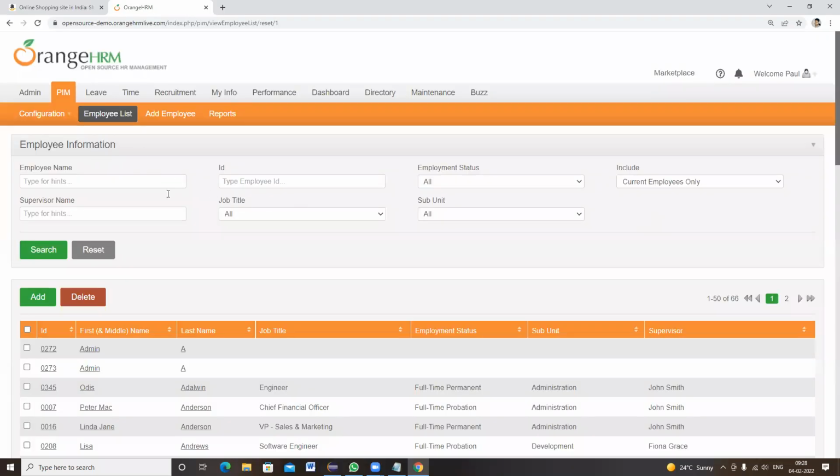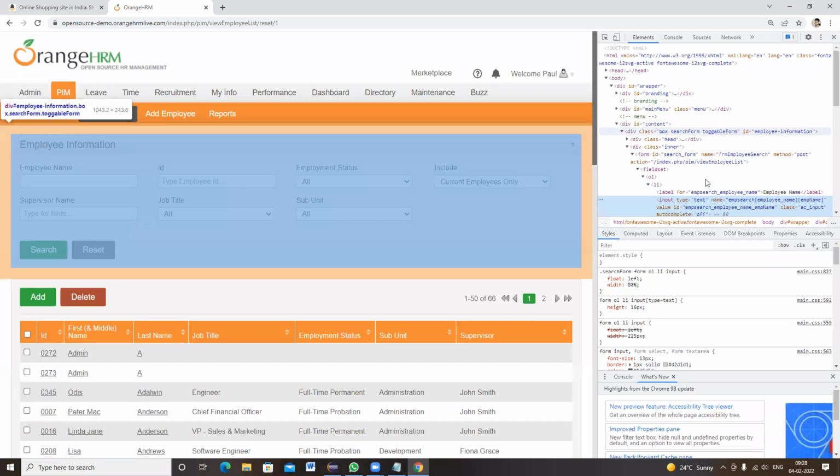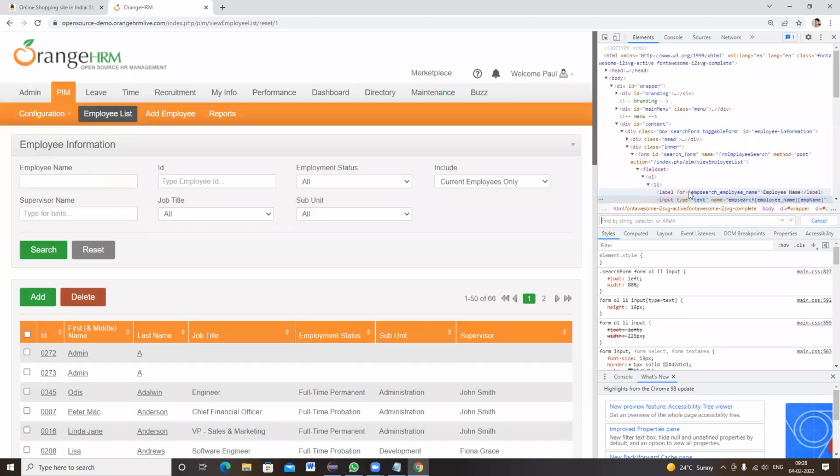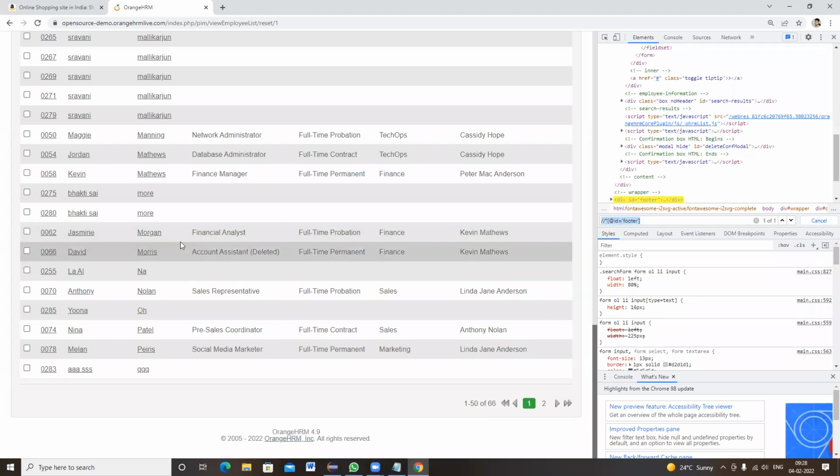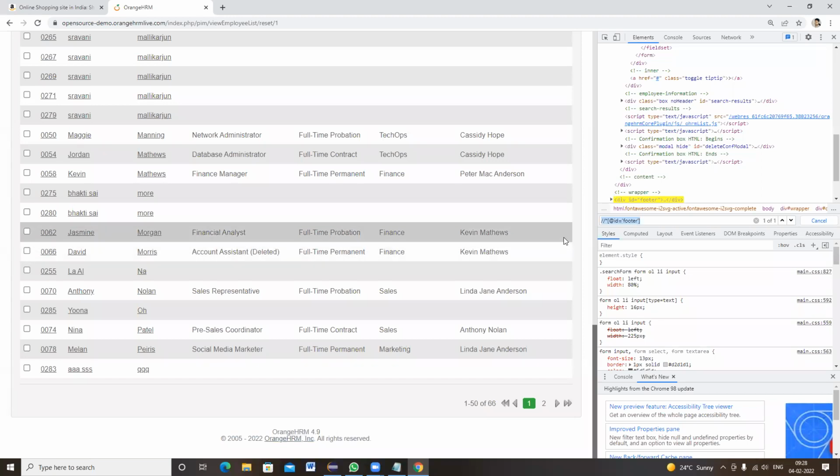Now I can go ahead and right click, inspect on any of the web elements. Once this opens, I can just do a Control F and Control V. So I copied the XPath, because I didn't know which element this XPath is for.